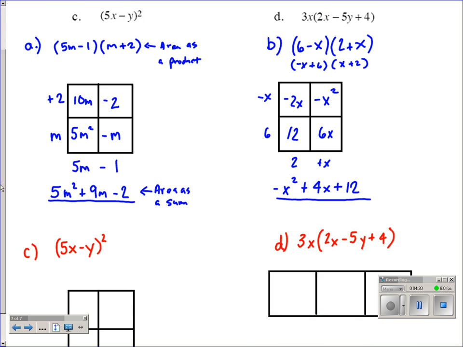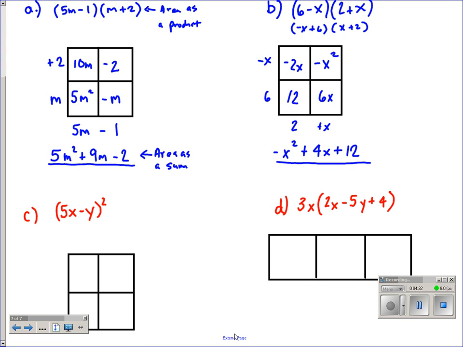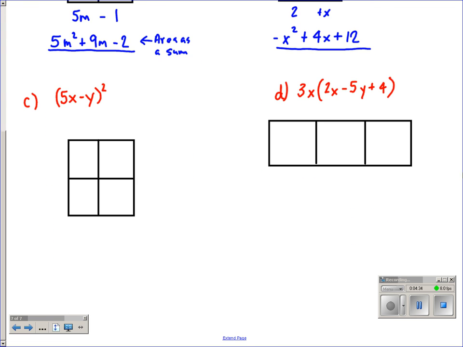Let's move on down to the remaining 2 problems here. For this one, we have 5x minus y. That quantity is being squared. This is one of the biggest mistakes I see in algebra classes, is because a lot of people just want to take their exponent here and distribute it through. But we have to remember that this means the same thing as